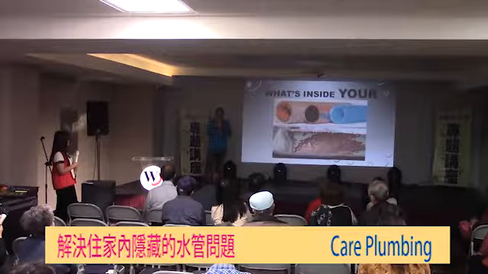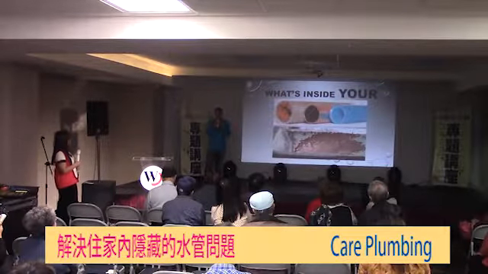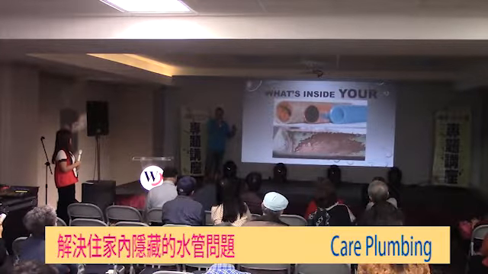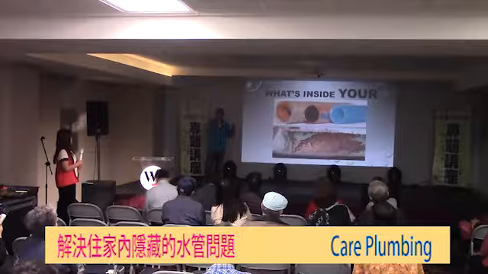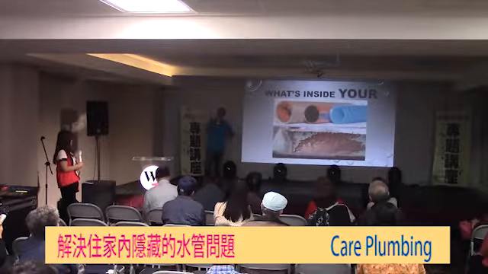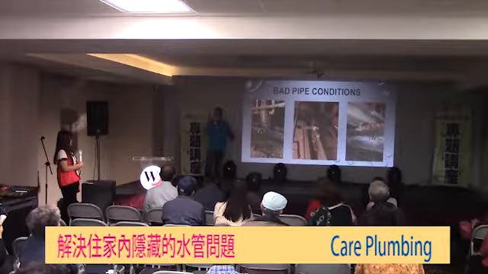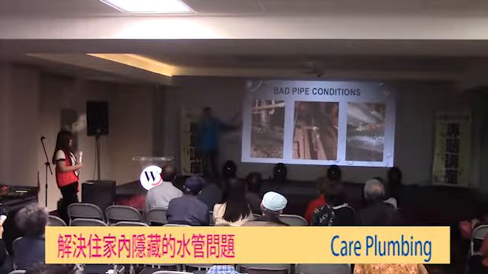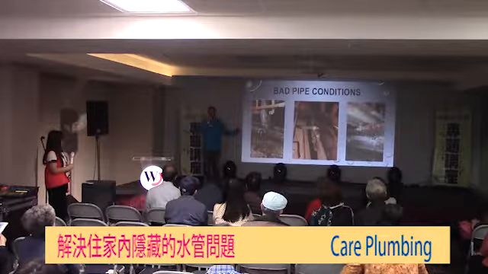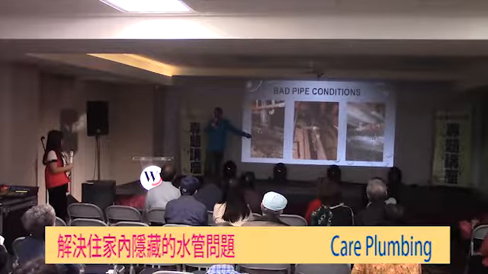If anything happens, we're responsible for it. We don't only come and change that section of the pipe that's defective. We fix that problem. We also fix any consequential damages from the leak. Let's say it damaged the drywall. We'll fix the drywall, paint the drywall, and give it back to you the way it was.